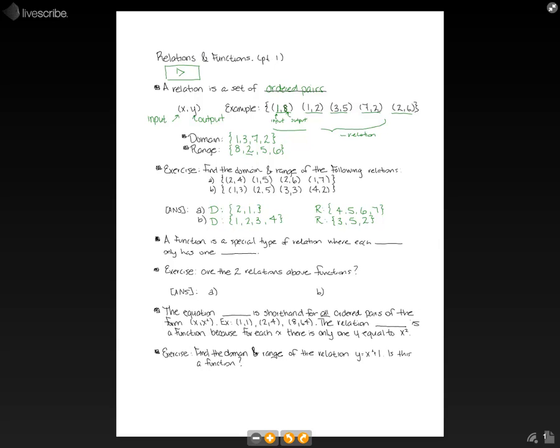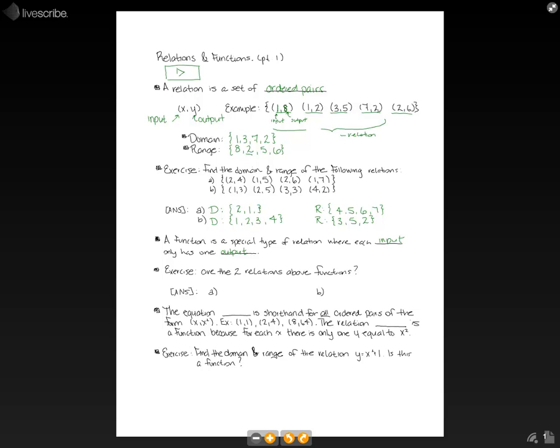A function is a special type of relation, and it's basically where each input only has one output. So each input only has one output. That means that we'll have no repeated numbers for inputs. So like for the first example, we have (1, 8) and (1, 2). Since 1 has two different outputs, an 8 and a 2, it's not a relation, or excuse me, not a function. So if we look at the two examples we just did, A and B,